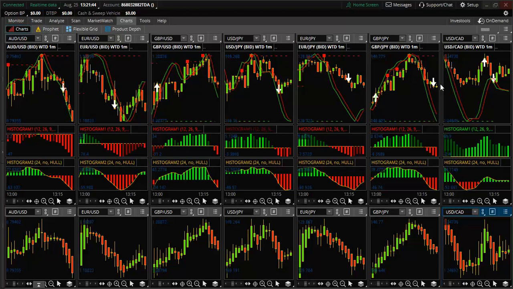I wouldn't take this trade at all because this is way out. This is not in the right place. It looks like it's kind of going back down, even though you got the white arrow, which is going to come back. The one that points up is going to come back. So